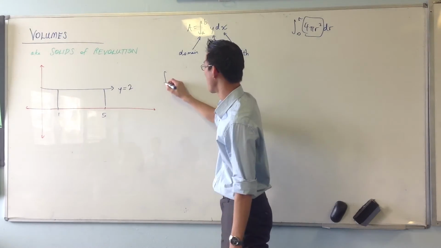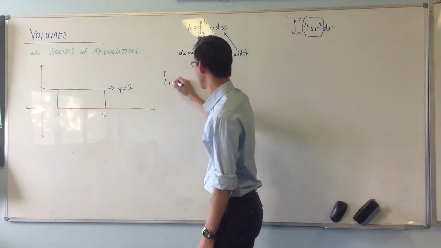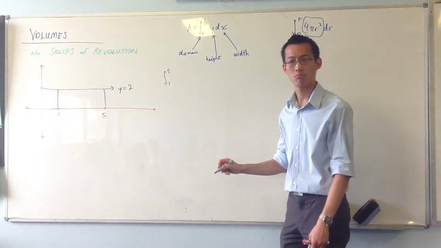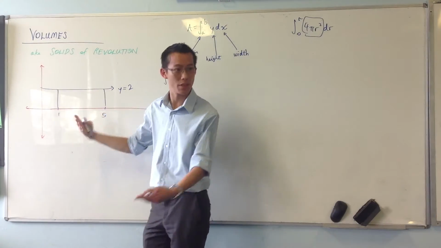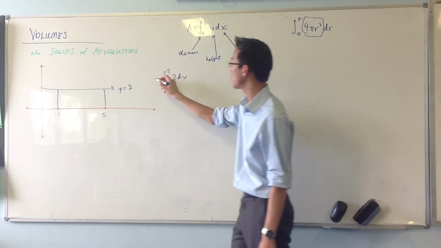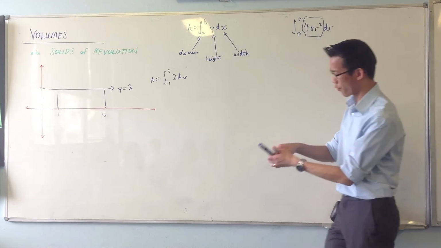Integral of, what are my boundaries? 1 to 5, and what? 2. And I'm interested in this bounded with the x-axis. So that's going to give me an area. But here's what I want to do. Just like from here to here,